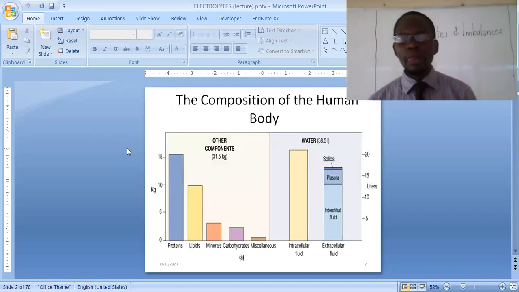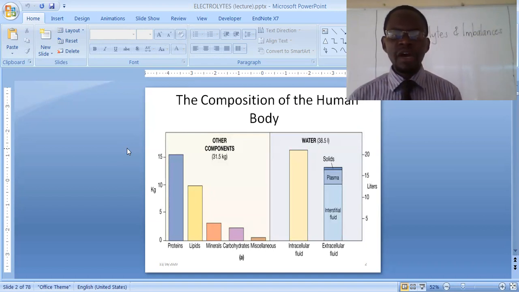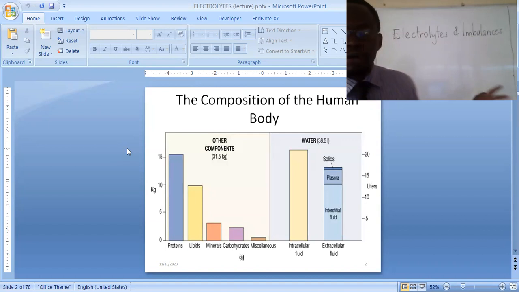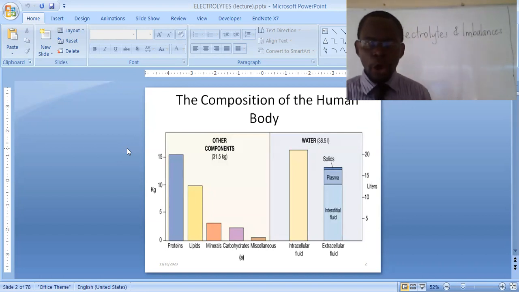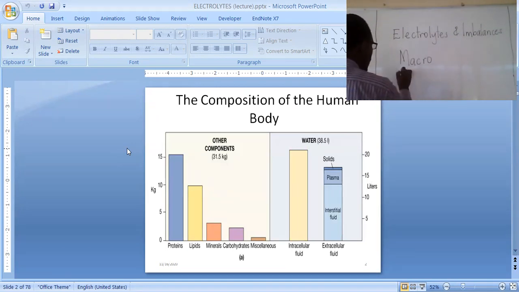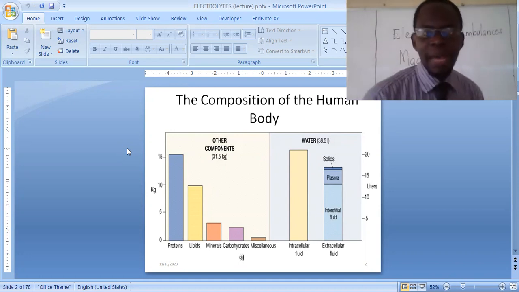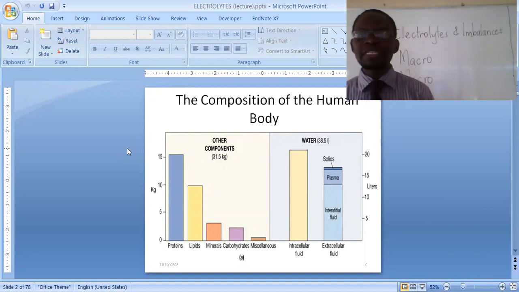So you have to know the composition of the body, what your body comprises of, yeah? Now, your body comprises of things like macro elements and what we refer to as micro elements, yeah? So we have macro and micro elements, yeah? Now, by macro elements, we basically mean things like proteins, lipids, carbohydrates, fats,